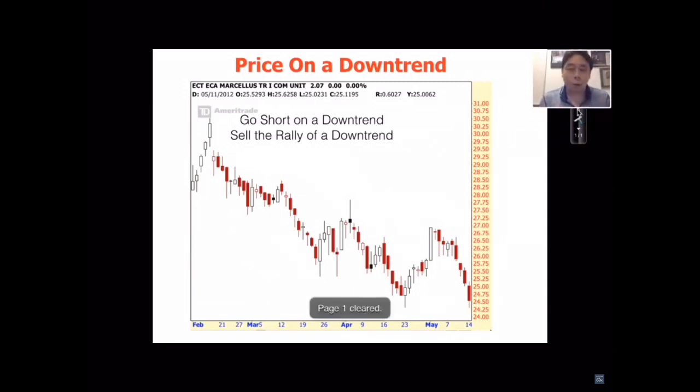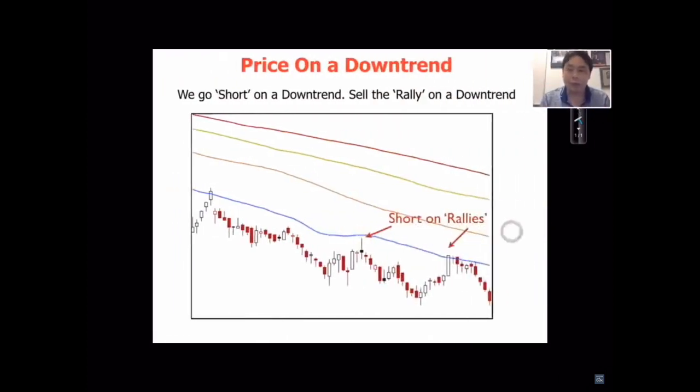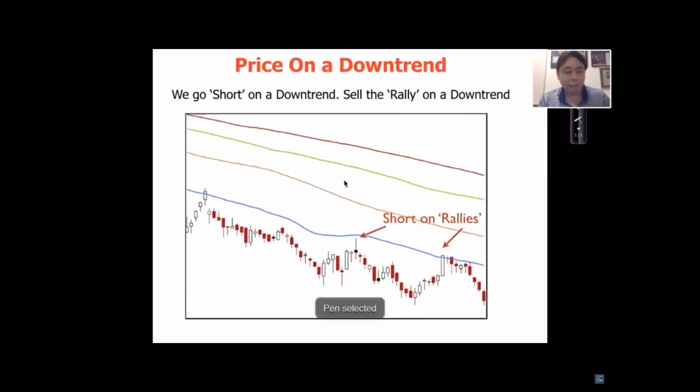Okay? So again, the question is, how would you know it's the high of the downtrend? How would you know it's not going to go higher, right? So again, when we're shorting on a downtrend, we're looking for resistance levels. And again, the best kind of resistance to use would be moving averages. And again, I've placed some of the major moving averages, the 50, the 100 in this case, the 150, and the 200 moving average. So again, notice that price moves in wave patterns, right?